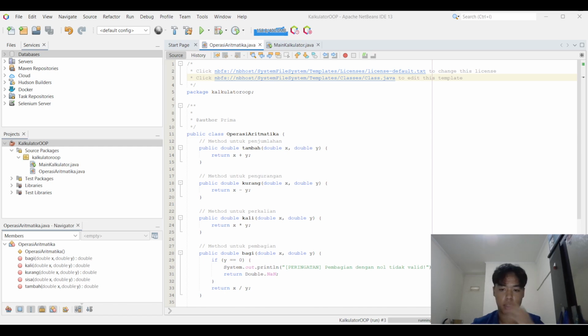In this class, each method is created non-static so that it can only be accessed through an object. This demonstrates the basic concept of OOP, where methods are not just functions but part of an object's behavior.